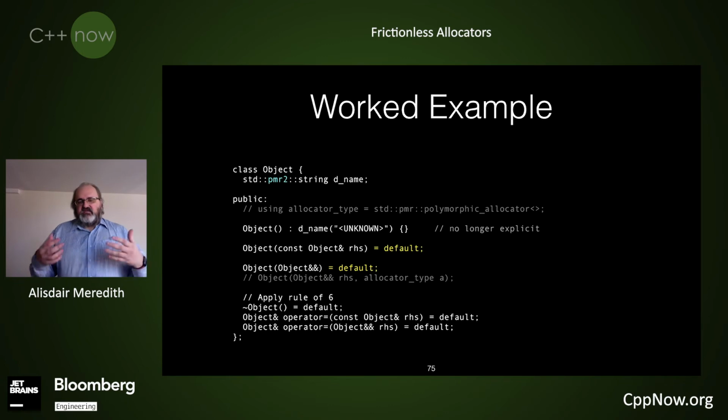And I can generally default all my constructors. Because I'm going with a default constructor where I no longer need to provide the allocator, I can just construct the element in place, and it now no longer needs to be explicit. Because there's no sudden implicit constructor from constructing an object accidentally from converting from an allocator. So that's a nice simplification to begin with.